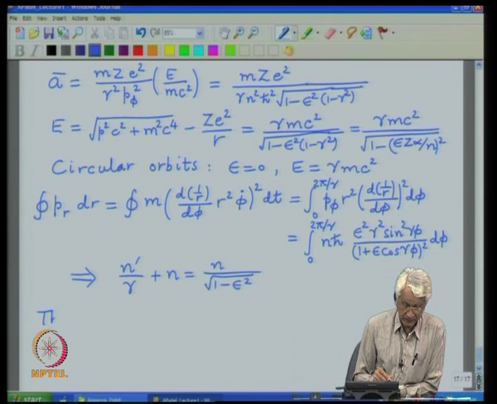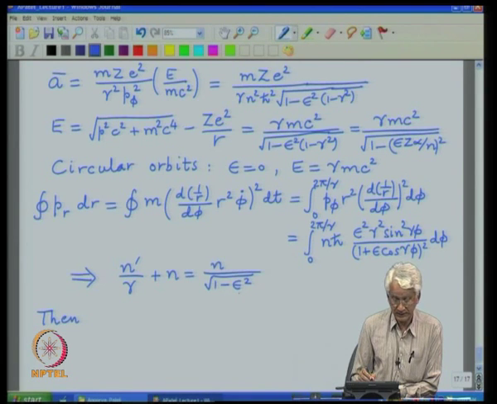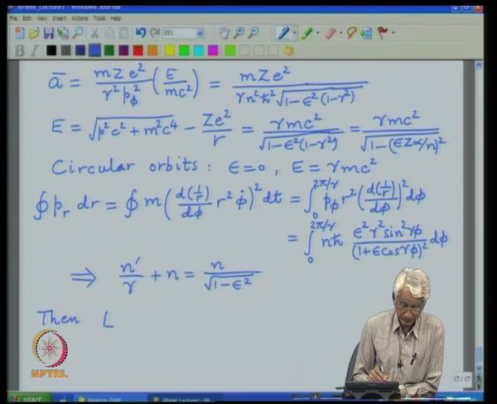And then one can now re-express this eccentricity and gamma in terms of the energy, and that leads to the result, which is